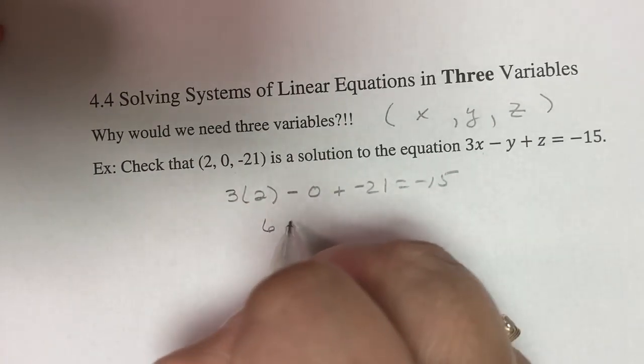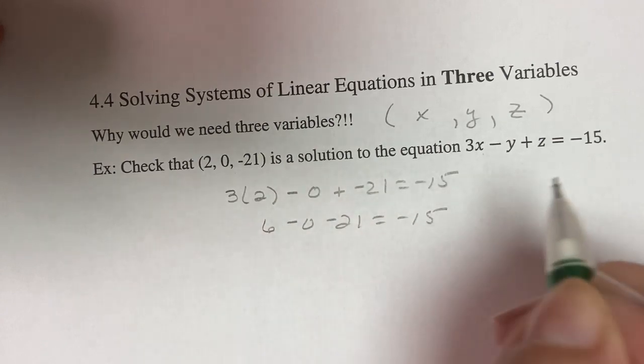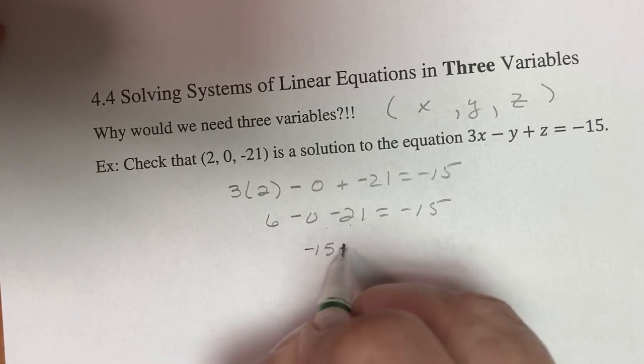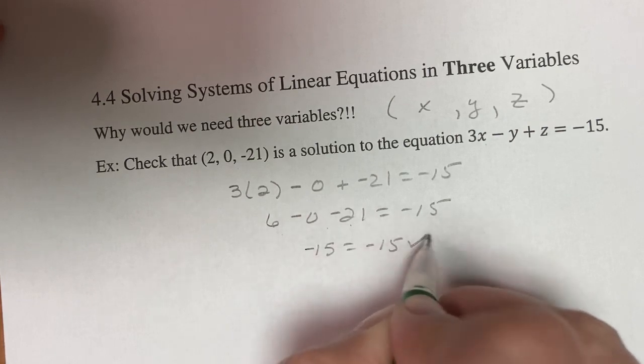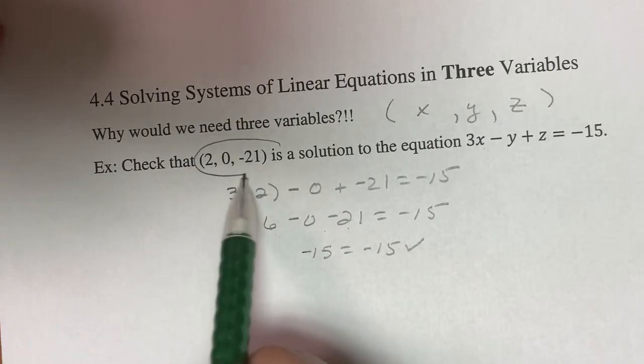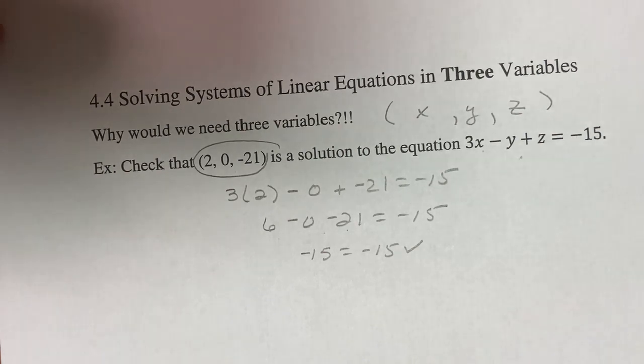So let's see, 6 minus 0 minus 21 equals negative 15. 6 minus 21 is negative 15, equals negative 15. So what I just discovered is that this point lies on the graph of this equation. So now,